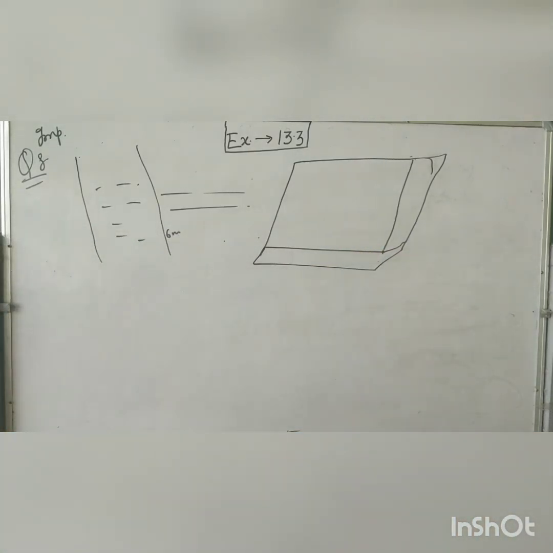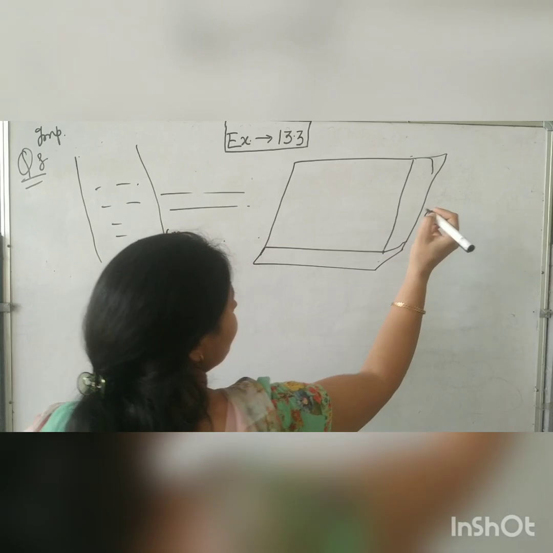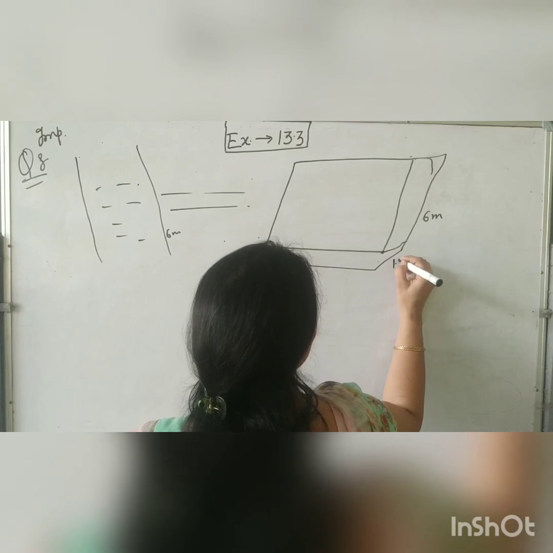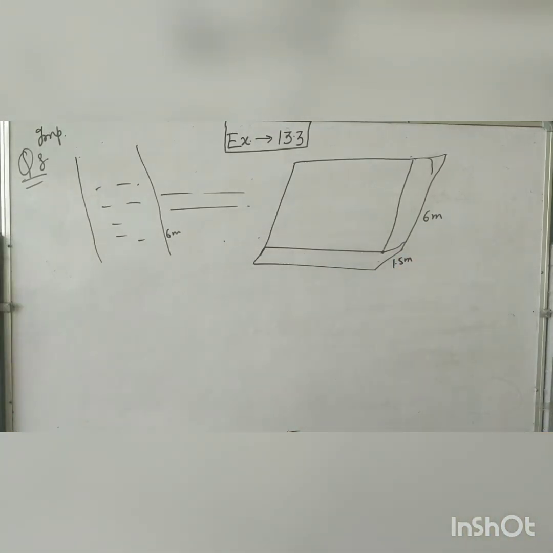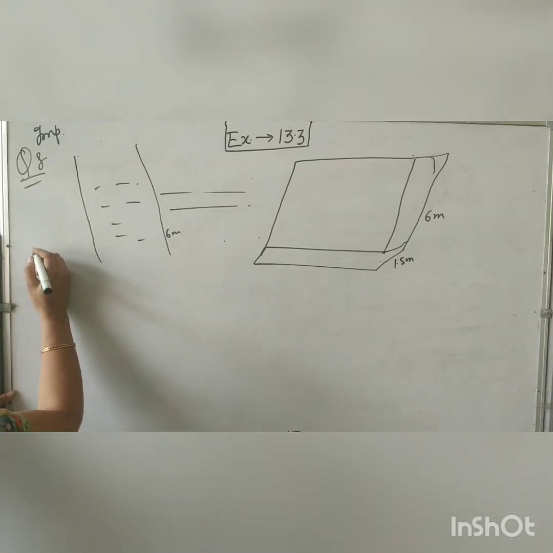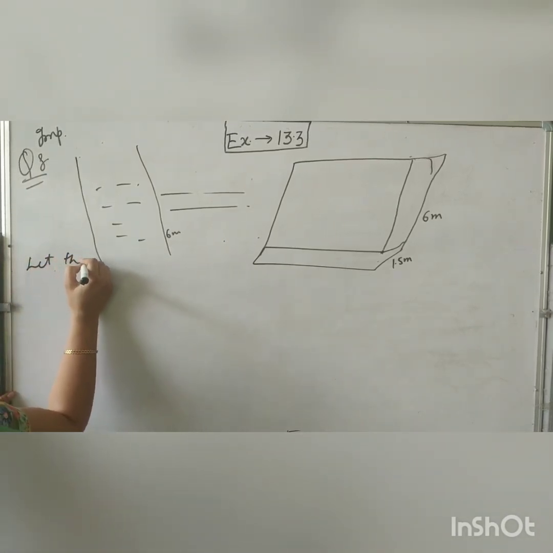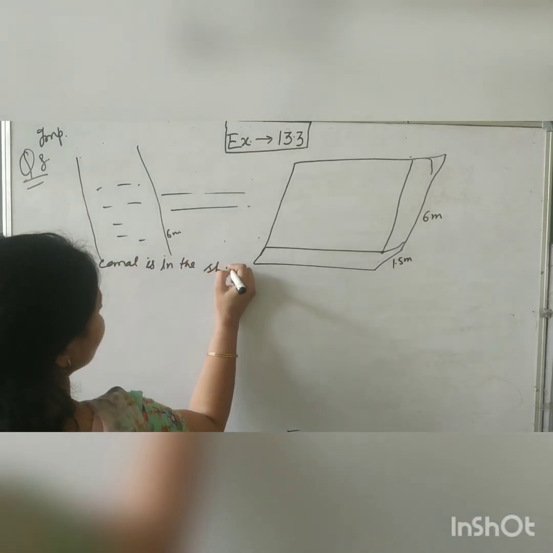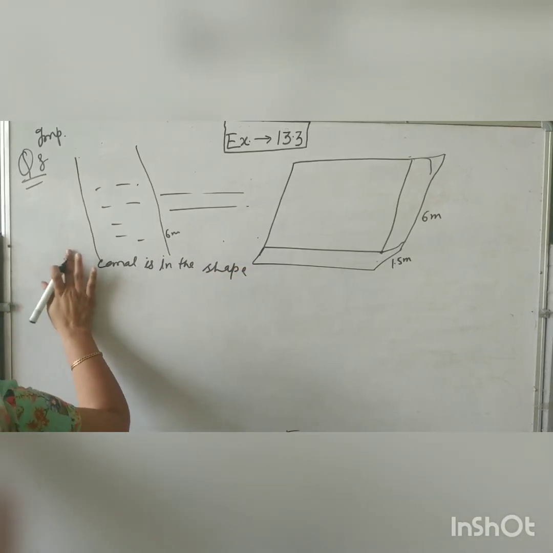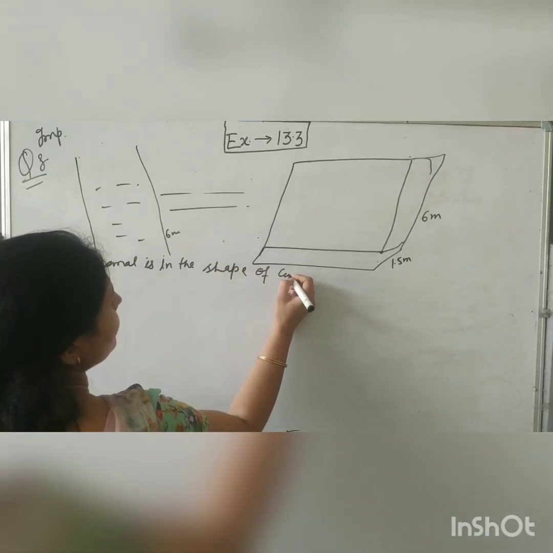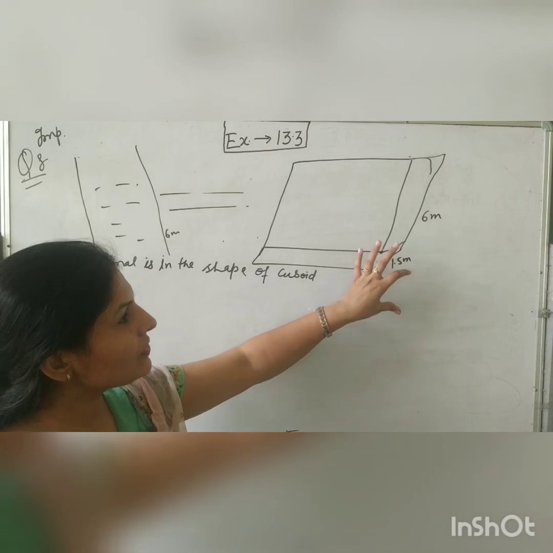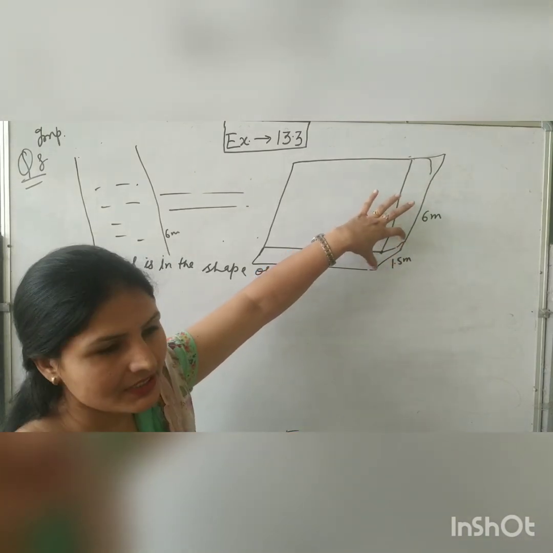Okay, student. Water in canal अब 6 मीटर आपको गिवन है, वाइड है और डेप्थ कितनी गिवन है 1.5 मीटर. आप ऐसे सपोज कर सकते हैं, क्यूबॉइड की शेप में ले सकते हैं. Let the canal be in the shape of cuboid. Canal is in the shape of cuboid. It is understood. Length is given, depth is given. Sorry, breadth is given and depth is given.